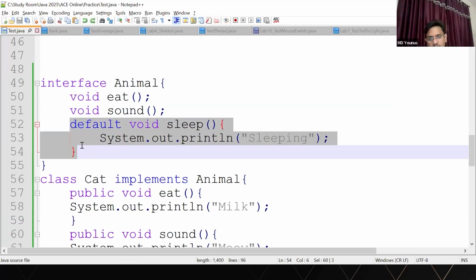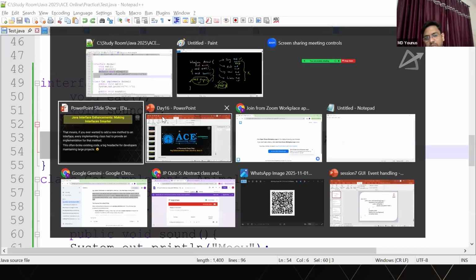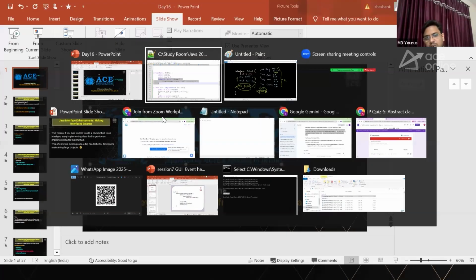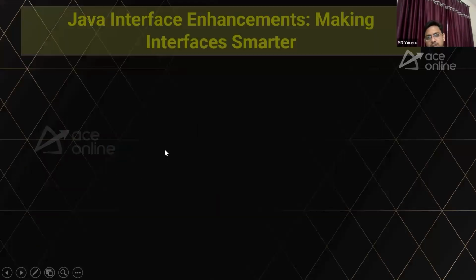Sometimes we know the concept, but we may not know in which version it got introduced. Yes, that's very nice of you all. Good, great. So it was introduced in Java 8, right? So we have seen